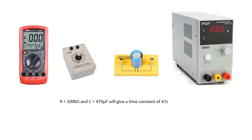So this is the equipment you need. You'll need a voltmeter, like a multimeter, a resistance box, so you can change the resistance, and a capacitor. I would recommend a 470 microfarad capacitor, maybe a bit bigger, maybe a bit smaller, around there. And if you're using 100K, then your time constant will be about 47 seconds, won't it? RC, which is suitable. Then also a DC power supply, because we're going to need to charge the capacitor,